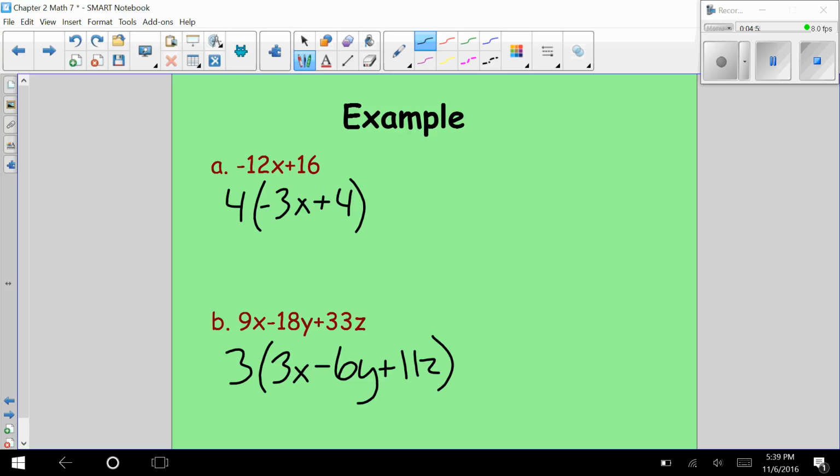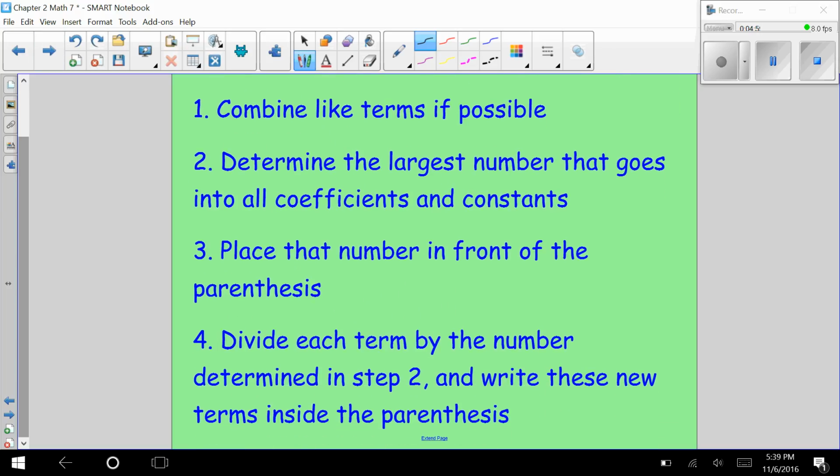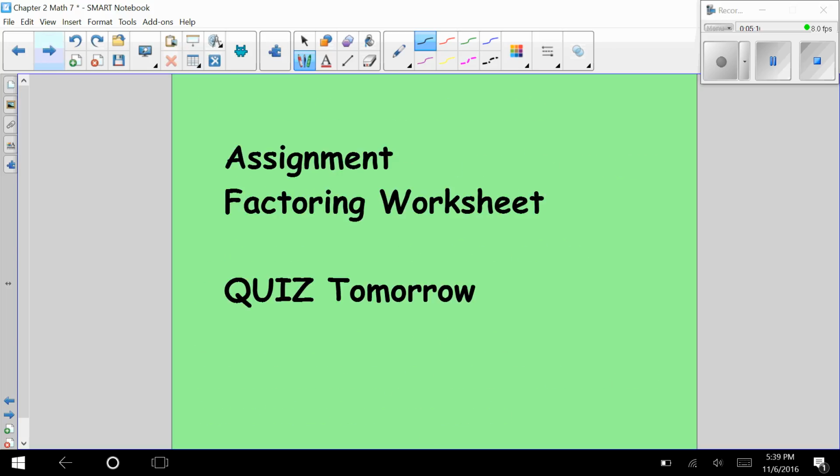That is okay. Your steps to factor an expression. Step 1, combine like terms if possible first. Step 2, determine the largest number that goes into all coefficients and constants. Step 3, place that number in front of the parentheses. Step 4, divide each term by the number determined in Step 2 and write these new terms inside the parentheses. Your assignment is the factoring quiz, or factoring